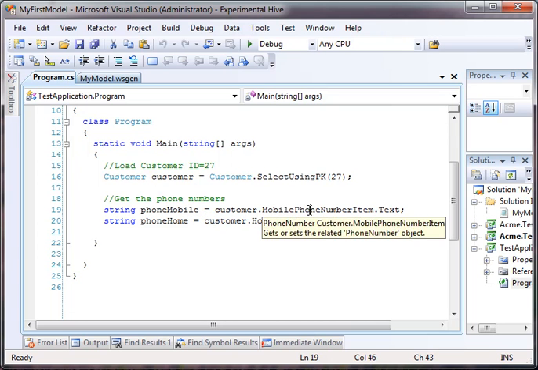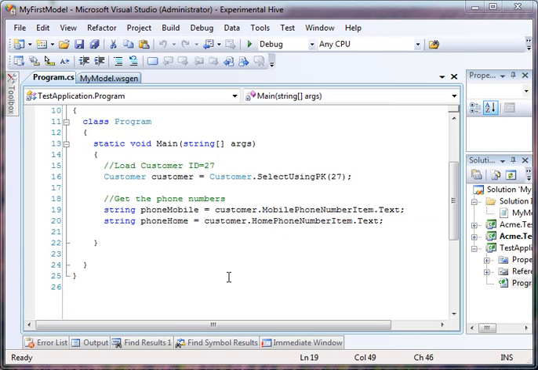So we can actually pull that out, and this is actually related to the exact same table, but different rows inside of the table based on the fields inside of our customer table. And that's all there is to putting role names on relationships and getting multiple objects